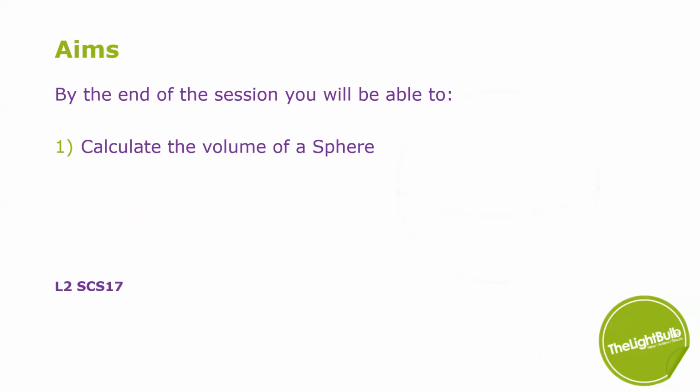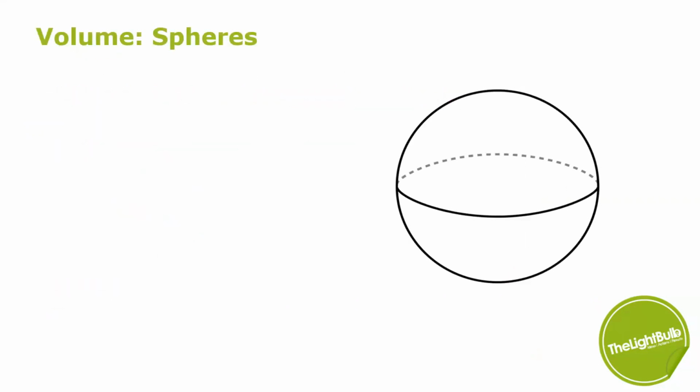For a sphere, there is a certain formula that you need to know. It looks quite technical, but as long as we're running it through correctly, then we'll be absolutely fine with how to calculate the volume here. It looks like this: 4/3 pi r cubed. That might look a bit complicated, perhaps, but we'll run through that now. We'll explain each bit at a time, and then hopefully you'll see that even though it's quite long,